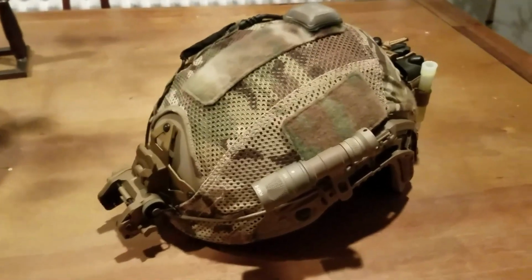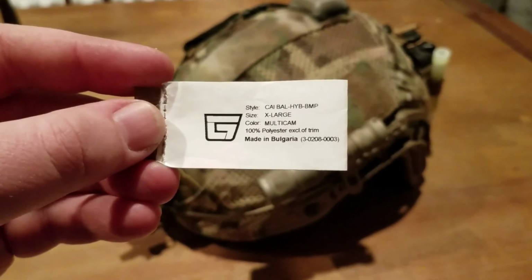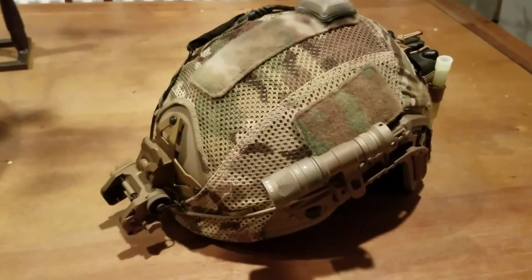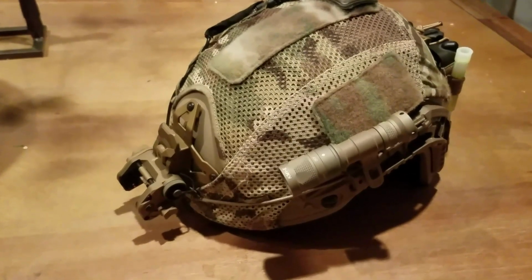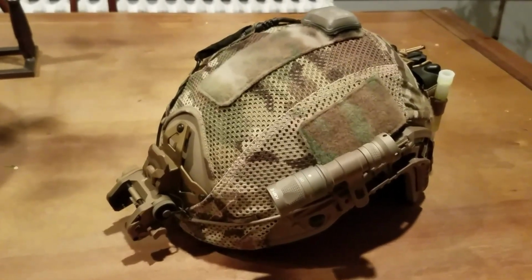So, oh, and speaking of what we got, here you go. That is made in Bulgaria. That's the original helmet cover tag. So I pulled that out. That would have been right up in there on the inside of the helmet cover, but now it's not. So anyway, simple project, easy to do, really easy to take apart. If you're handy with sewing, it'll take you 20, 30 minutes. It honestly took me